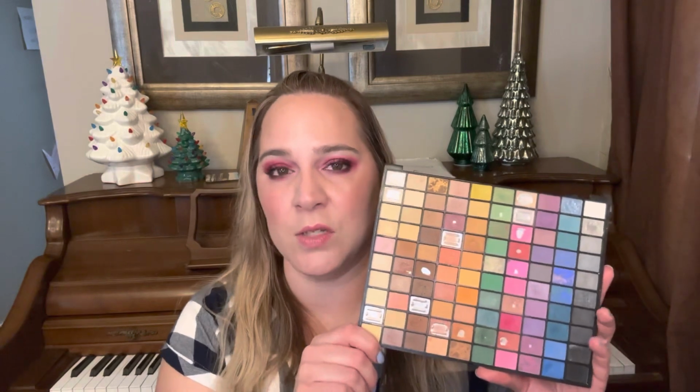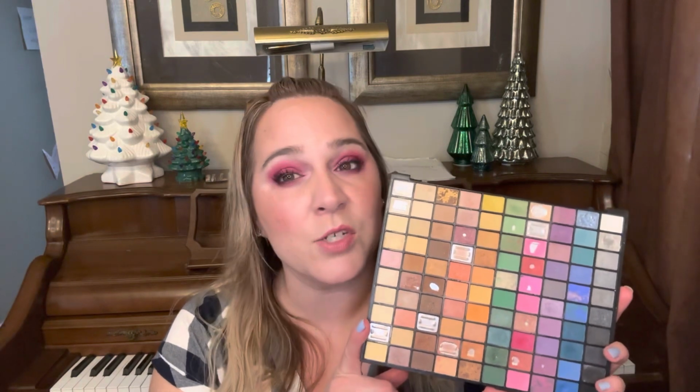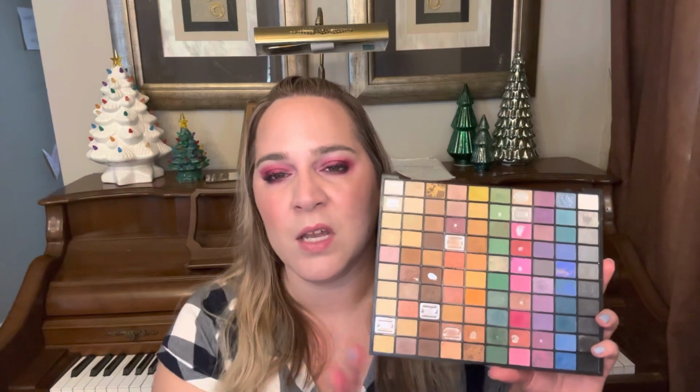We can't do a shopping our stash video without my e.l.f. 100 pan palette. You guys know that. And the shade that I feel is closest to Viva Magenta is this one down here. This shade did not get a ton of love last year throughout Pan That palette. I probably used it a few times, but that is the shade that I have blended out in my crease and transition area. And I think it is a perfect shade because it's not super pigmented,